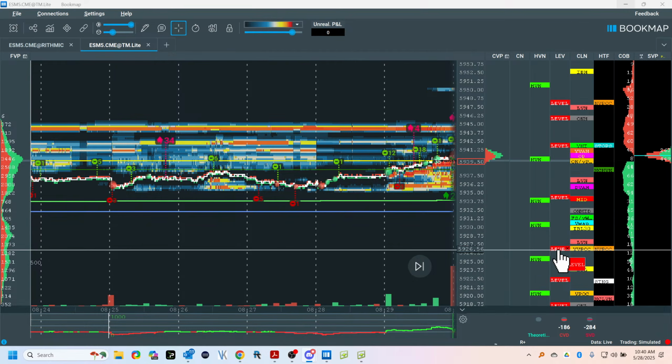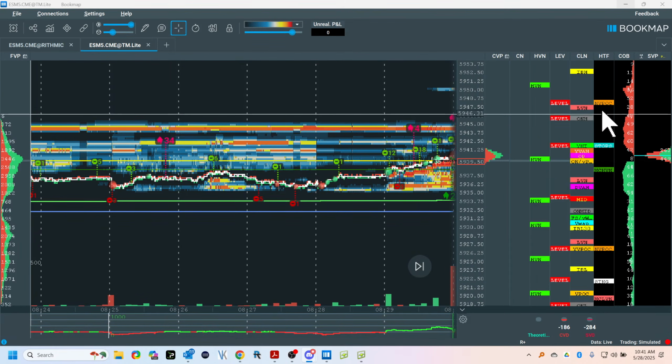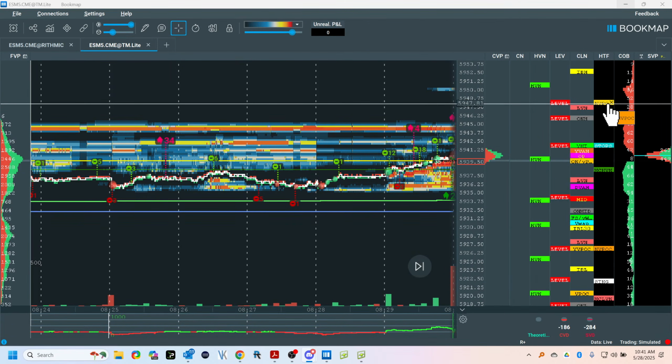The volume point of control is just high volume or retail price. The ETH volume point of control is the retail price from the most current or recent auction, which was the ETH. And the RTH open is here, yesterday's high, ETH high, and a target up above, naked volume point of control, 48, and